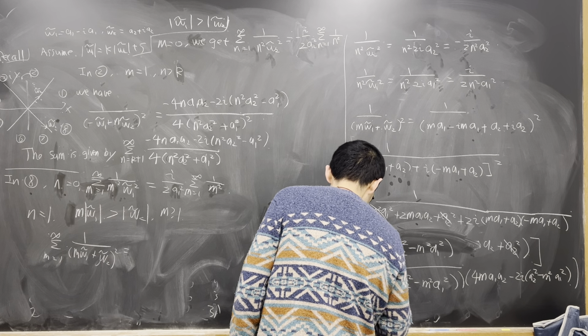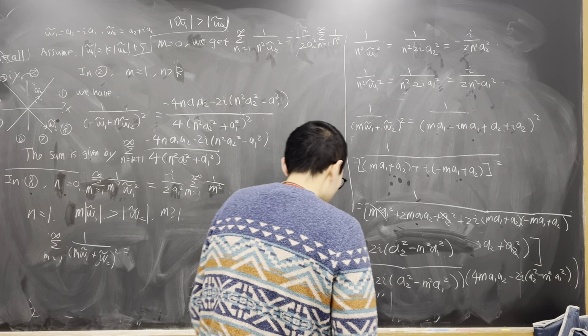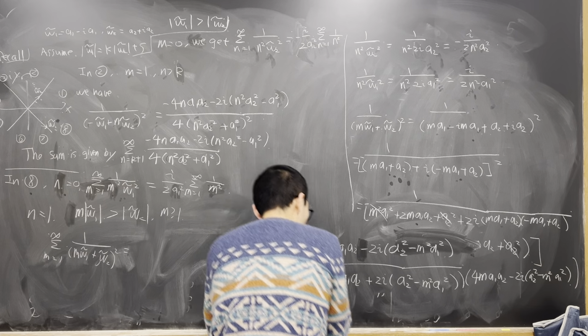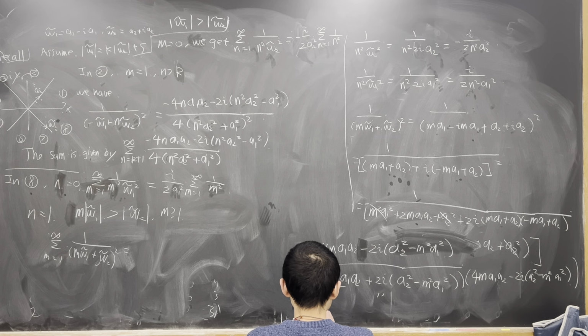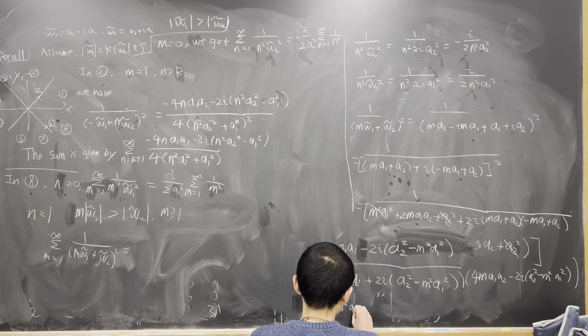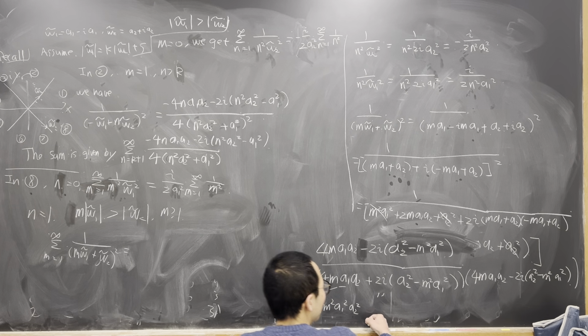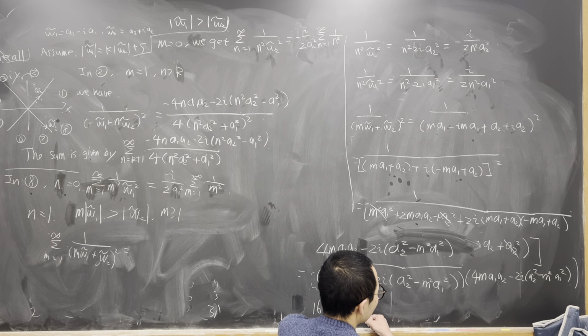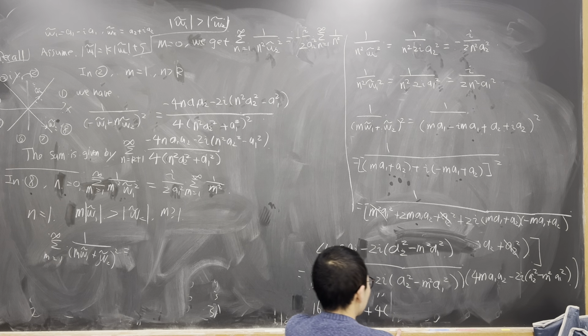So for the denominator, this is equal to 16 m squared a1 squared a2 squared, and then plus, right? 4 times, okay, so